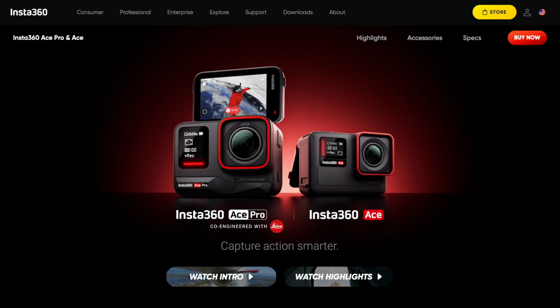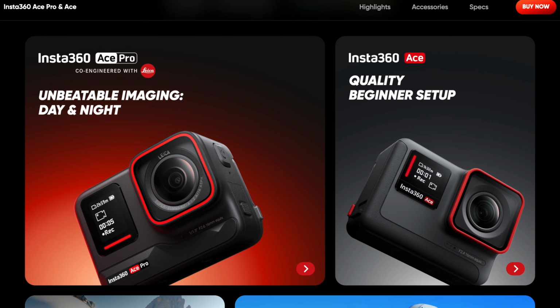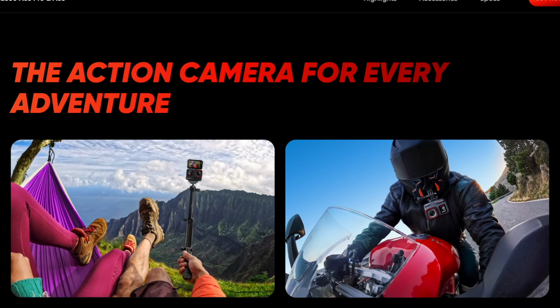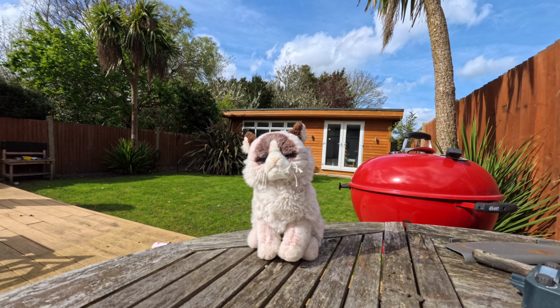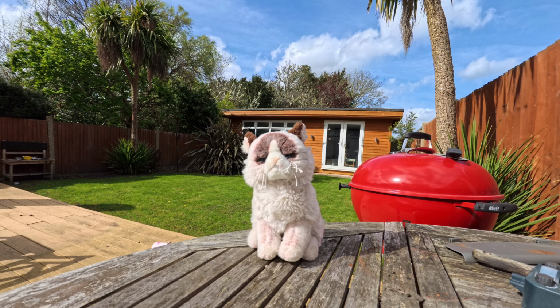Closing thoughts. It's clear the Ace Pro is a serious attempt by Insta360 to take a chunk out of the action camera market. They've done a lot of things right and pushed the whole category forward with real technological advances, especially in low-light video. In fact, if the screen wasn't polarized and the minimum focus distance was a little nearer, this camera would outright win the category in my mind, and at least one of those problems is trivial to